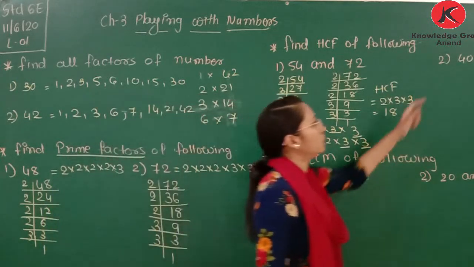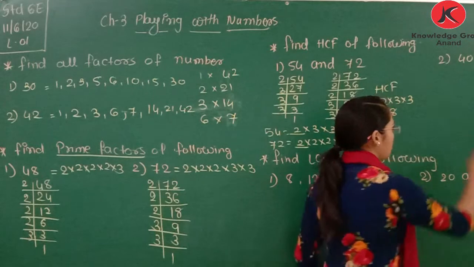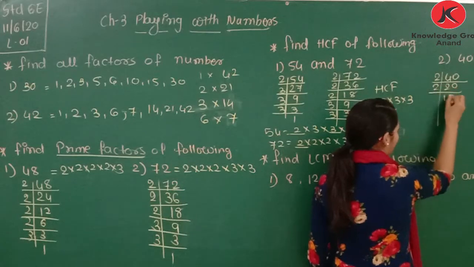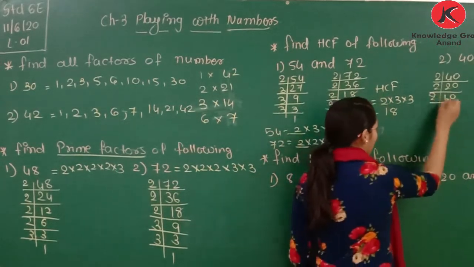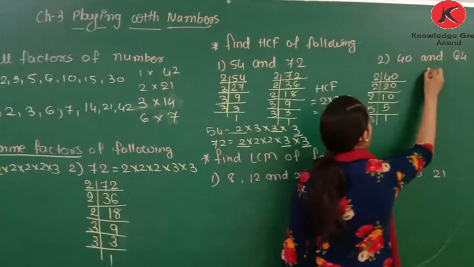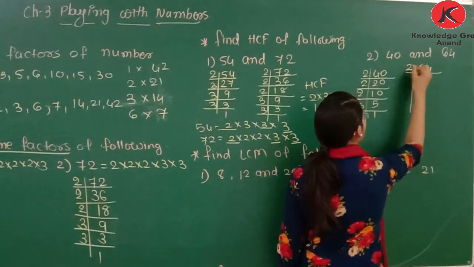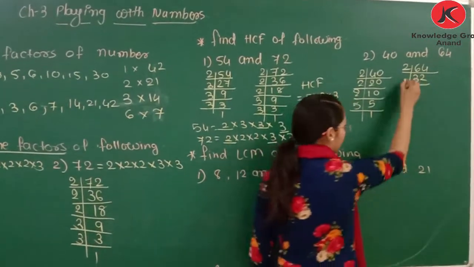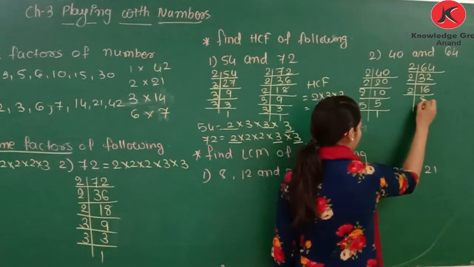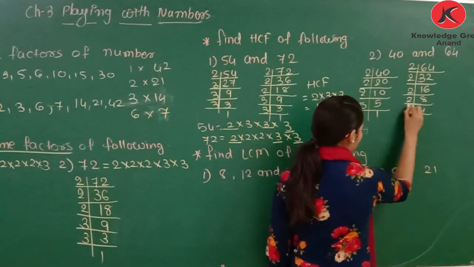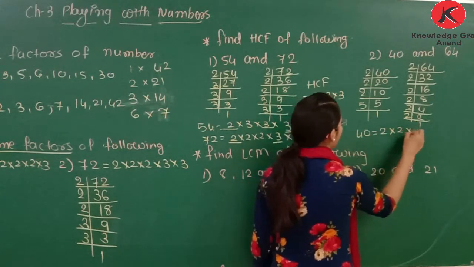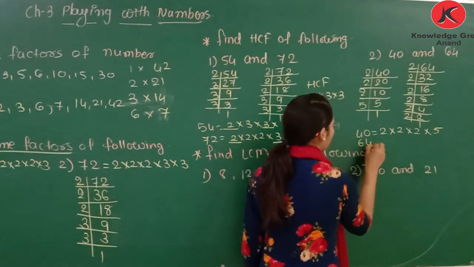Now the next example, second: 40 and 64. So here, find the factors of 40. 2 20s are 40, 2 10s are 20, 2 5s are 10, and 5 1s are 5. Now 64. 32 2s are 64, 16 2s are 32, 2 8s are 16, 2 4s are 8, 2 2s are 4, 2 1s are 2. So the factors of 40 are 2 multiply 2 multiply 2 multiply 5, and the factors of 64,